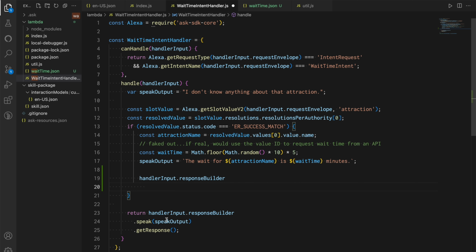When I say handlerInput.responseBuilder.speak(speakOutput).getResponse(), I can actually build up my response anywhere I want in the handler, in the intent handler's handle method. I can do that anywhere I want. It's not until we call getResponse that the actual response is built. So as part of this builder, I'm going to say